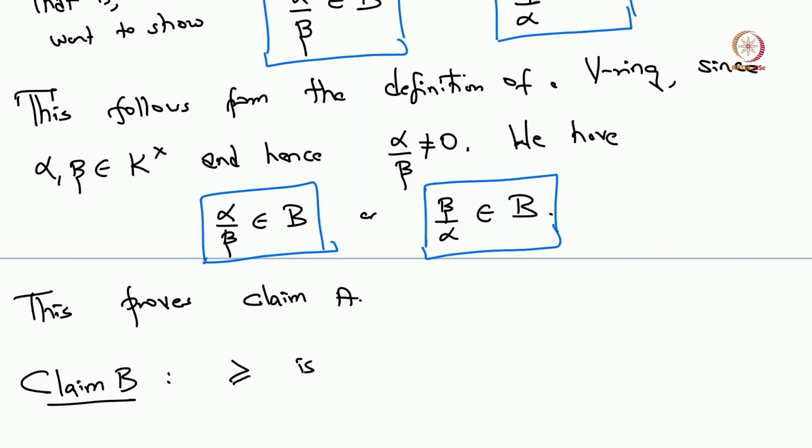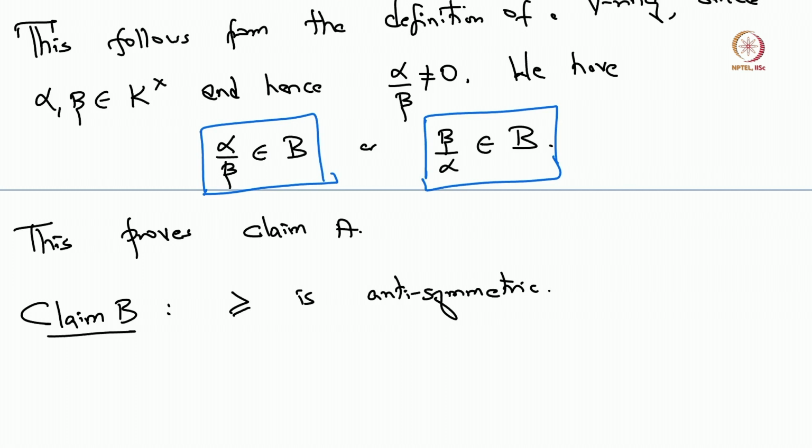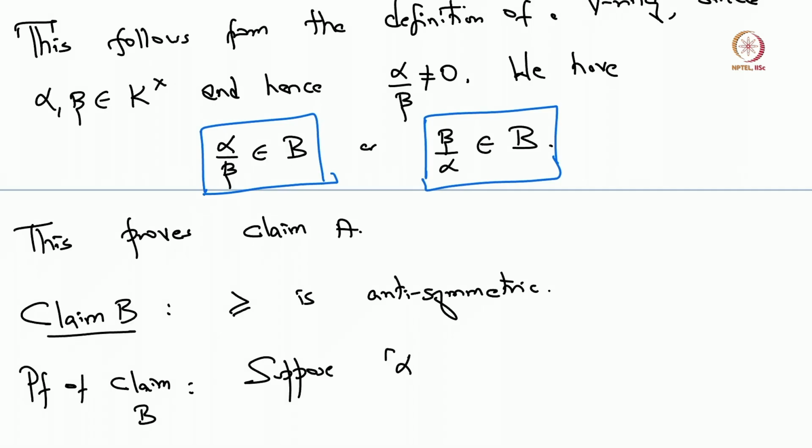And so for the next claim, this greater than or equal to is antisymmetric. So again, what does that mean? Suppose I take two elements alpha and beta with the property that alpha is larger than or equal to beta, and beta is larger than or equal to alpha,